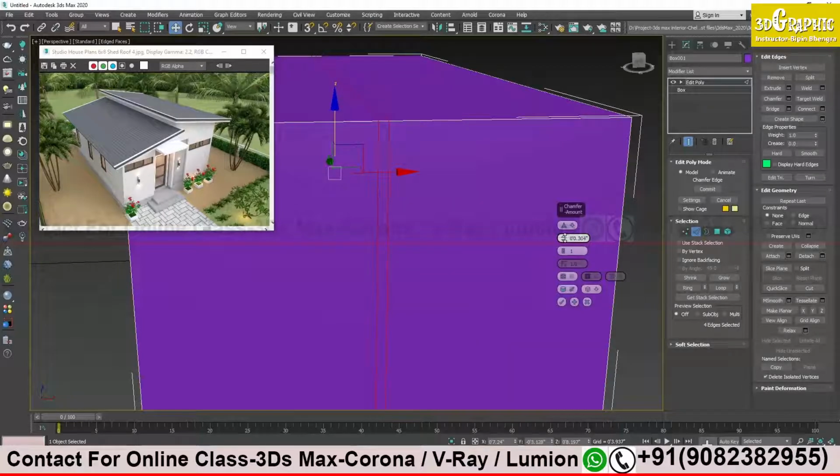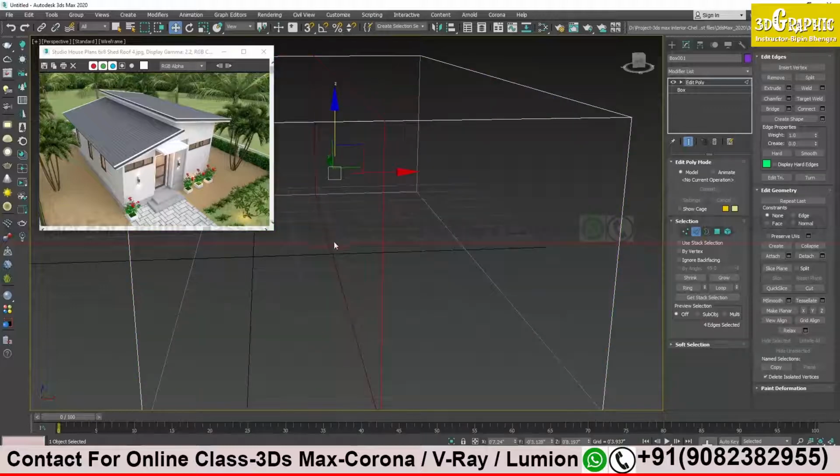Sir, the chamfer option. Tell me one second, sir. I will do it once again. Excuse me, select the edge first. Okay, sir. You have to select the edge first. Edge is not visible. Okay, and you have to go to edit edge. Okay, Sasikran, you also just have a look. Yeah, I'm looking. I will do it once again. I have to select all my edges. Just double click on the edges, and you will select all the edges at once.